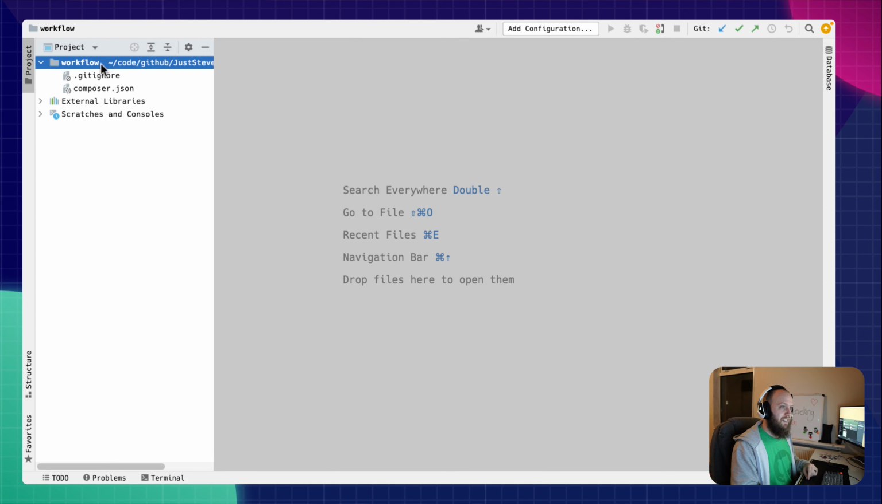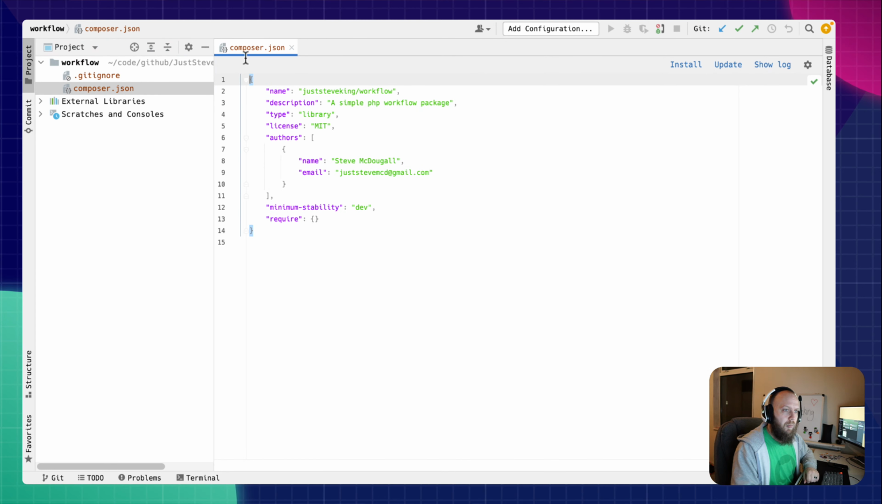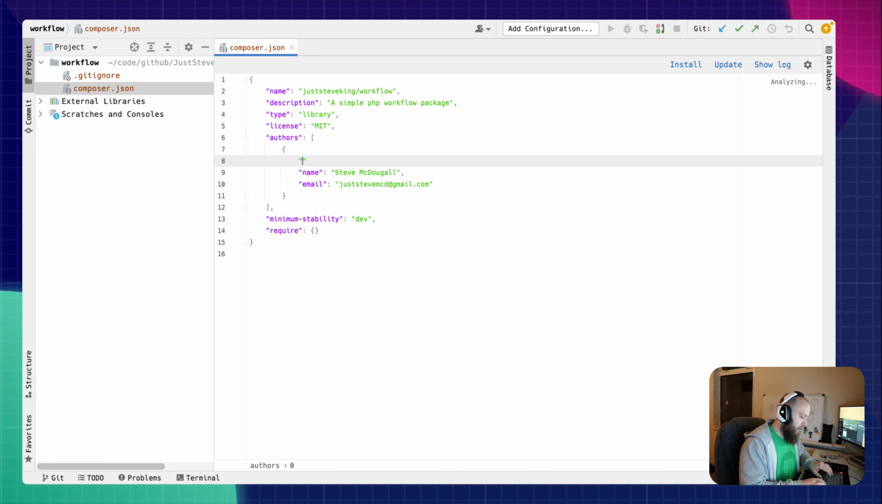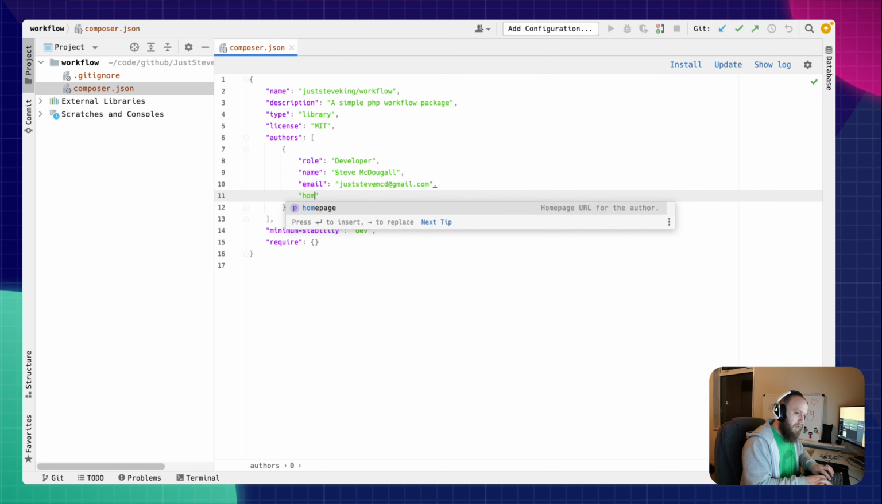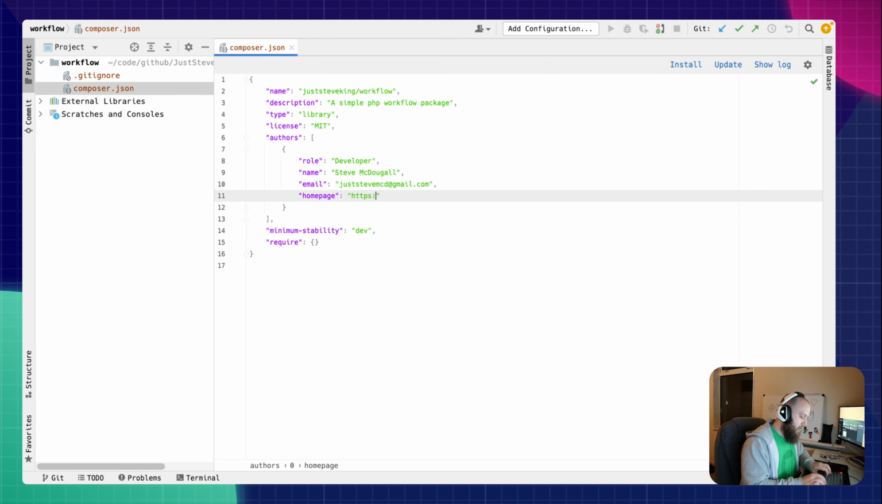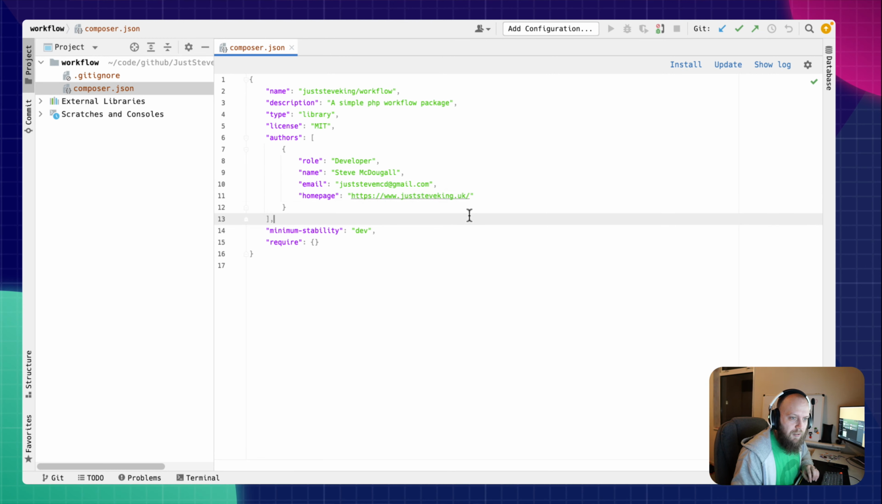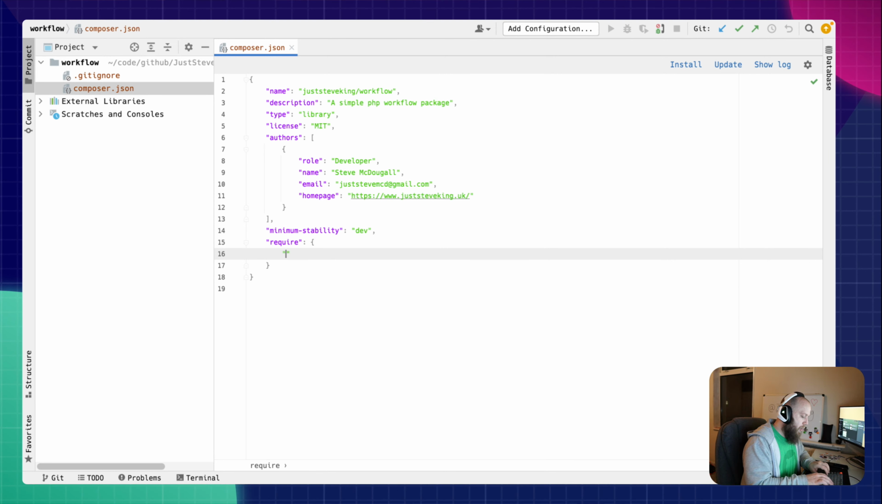Let me reload that from disk now. So what we've got is a very simple package here. So I can say that my role was a developer and that my homepage, making up my own domain endings there, aren't I? So this is going to require PHP 8 as a minimum. Any new packages that I build,